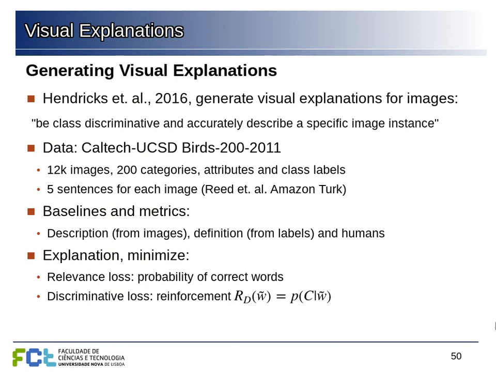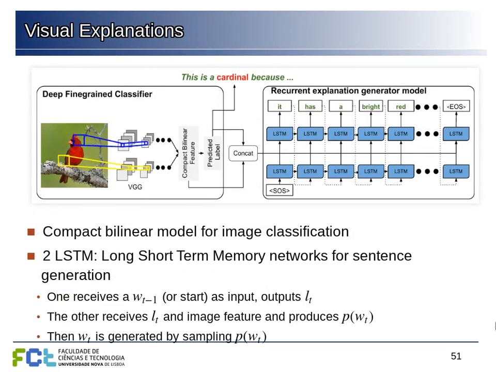There are also other things that you can do by combining different networks. This is an example of a network to generate explanations for why something was classified. In this case it was images of birds, using a catalog of birds. The idea is to have one convolutional network that classifies the bird, but also feeds into a recurrent network that generates text. This one generates text by looking at the output of the convolutional network and